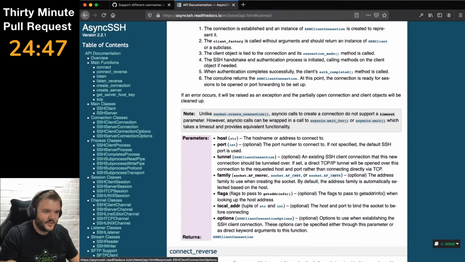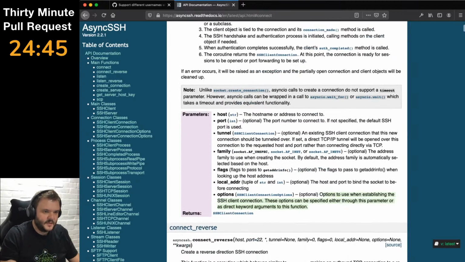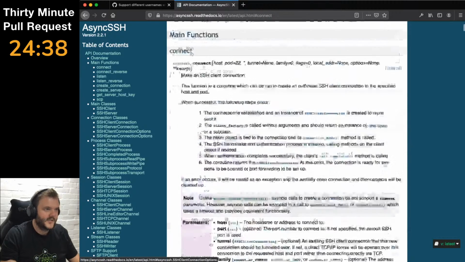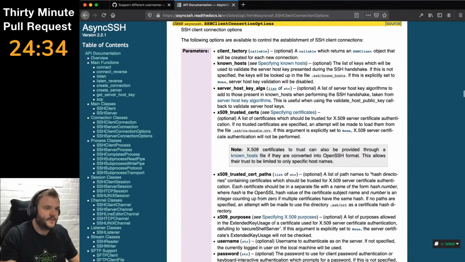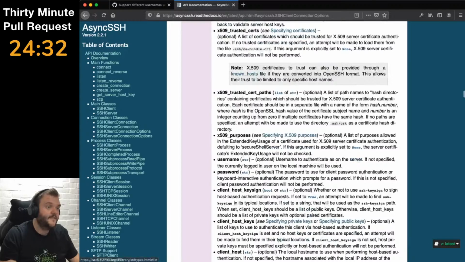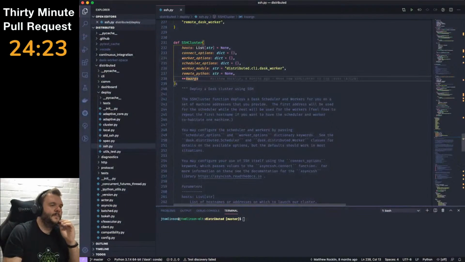Okay, so SSH connection options. Options which to use when establishing the SSH connection. These options can be specified either through this parameter or as direct keyword arguments to the function. I'm guessing this is doing like a kwargs and they're getting passed into SSH connection options. And there's a bunch of stuff. But there's username. That's what we want. That's what this user specifically wants, is they want username. So what we want to do, I guess you could do something like